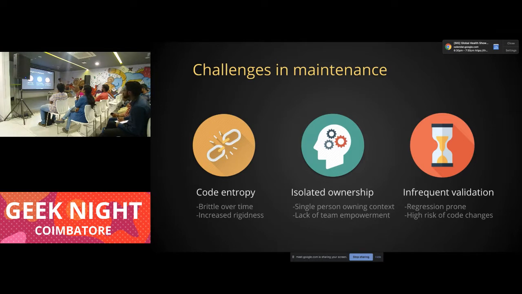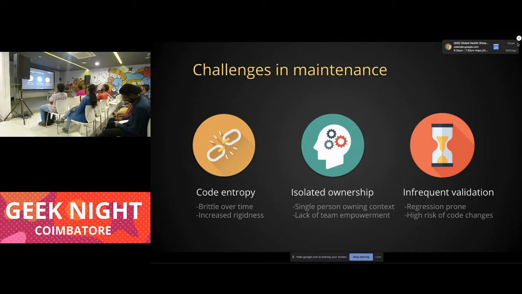Next thing is infrequent validation. Even if we validate our code before it is taken into production, just before release we will test whether every feature is working or not. In that case also we will test only whether the feature is working. We will not test the edge cases. We will not test just to make it fail. We will not try those things. So this will cause regression to happen.